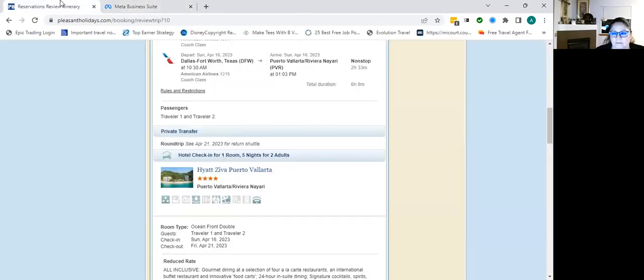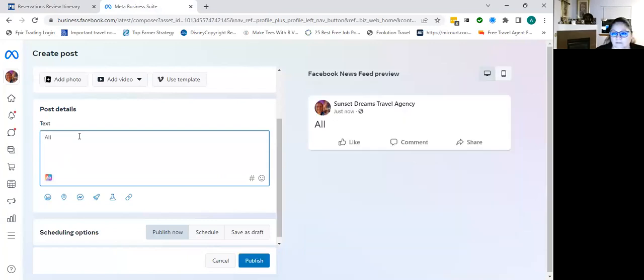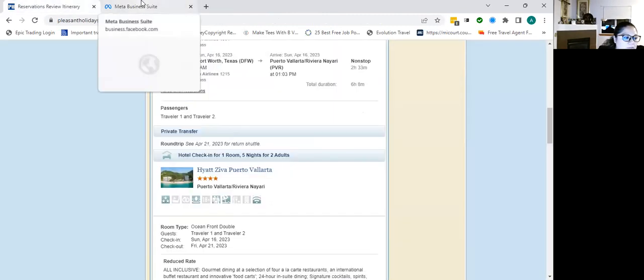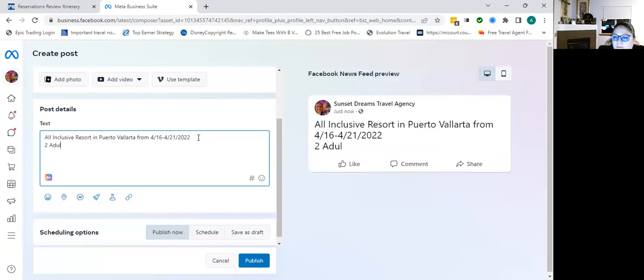In my text, as I said, I'm not going to mention the actual name of the hotel. So I am going to do all-inclusive resort in Puerto Vallarta, from, this one was from 4/16 till 4/21. So I can do 2 adults, oceanfront,